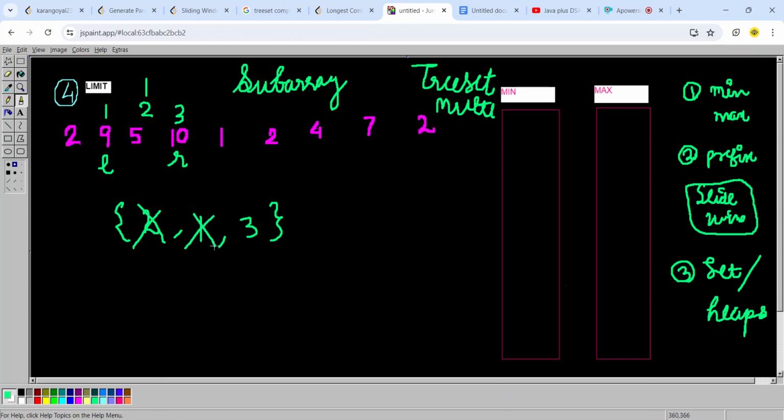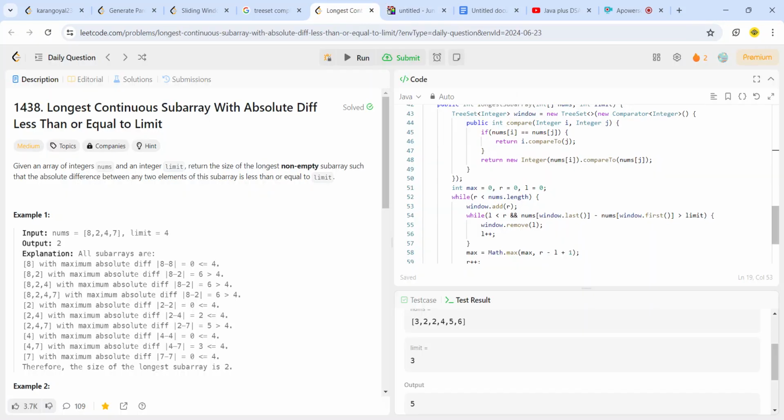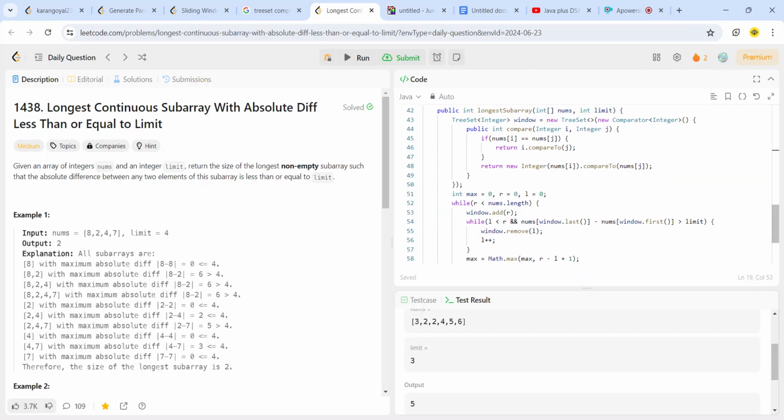Okay, so let's come to the Java solution and I'll explain with an example what is happening. So here is my solution. I hope you can see this. Basically, I'll create a TreeSet, an ordered set. In Java you can do it this way, and in C++ you can create multisets. You can search on Google and see how to implement it using a multiset in C++. And I'm using a comparator.